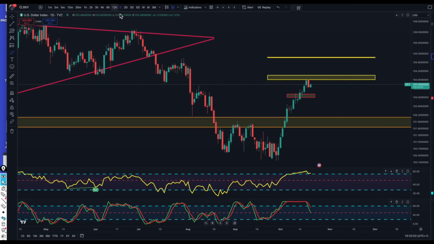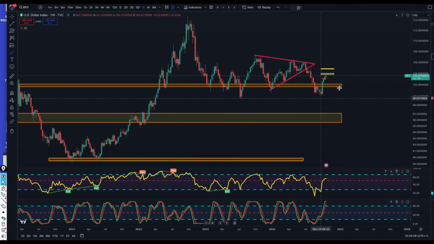However, when we move to the daily time frame, there's more of a probability that we're going to get rejected at the 61.8, because on the daily chart we're looking quite overbought, and we've now got an outside bar bearish candle at the top of this trend. So these are giving us some reversal signs to the downside. Of course, it can still go up to the 78.6, but what I'm trying to say is that there are now reversal signs developing at the 61.8, and the higher probability is that we're going to get a rejection here and a pullback.